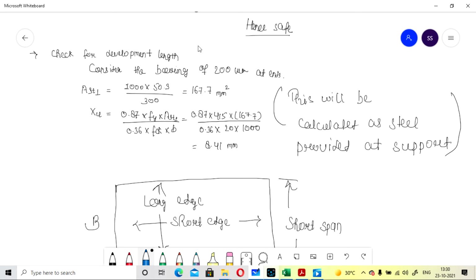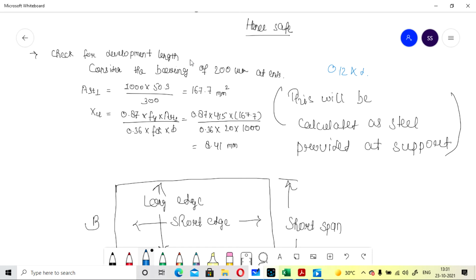So for AST1 at support, you have to take half of the value of the main bar, because only 50% of the alternating bar value will go into supports, and we don't have to increase this value to the minimum value, that is 0.12 of the gross area. Why? Because this type of slab was used for only the roof and one floor of a house, so it will be okay. You don't have to follow this criteria for minimum reinforcement.